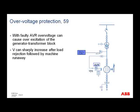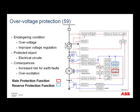Over voltage protection or over voltages, this can come, of course, from faulty AVR. It can come from a sharp increase in the voltage because of load rejection followed by some machine runaway. And so you can see in this picture we have the overvoltage protection, that's phase overvoltage. And also as a reserve function we have the overexcitation, because this is also working on